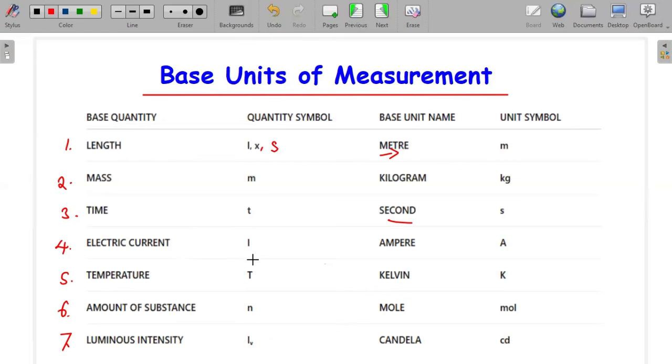So this is represented by I, and then it's measured in amperes, and then the symbol for the ampere is simply the A there. Okay, and then we also have the temperature being represented by a capital letter T, and its base units,